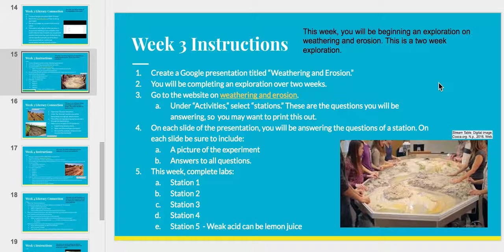So before I begin and show you what these stations are and where they are located, just keep in mind that if you can't complete something because you don't have the materials, please just note that in the presentation you'll be creating. Most of them involve materials you have at home. There are one or two that you might not be able to do. I understand that, but if there are 7 or 8 of them over the next 2 weeks that I see you have not done,